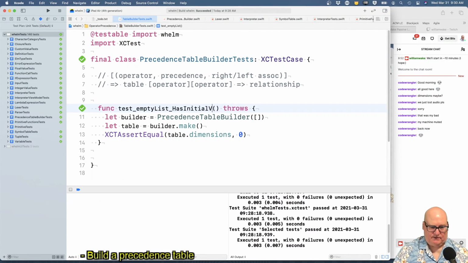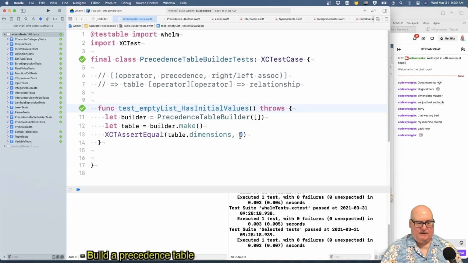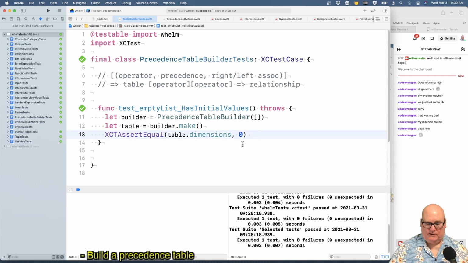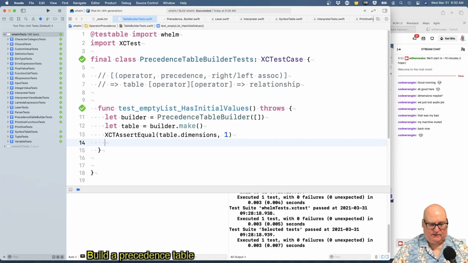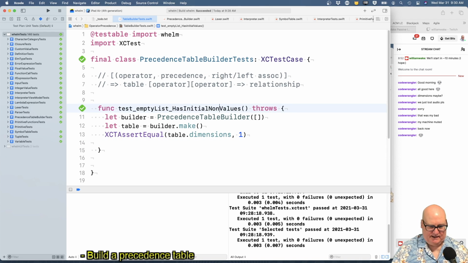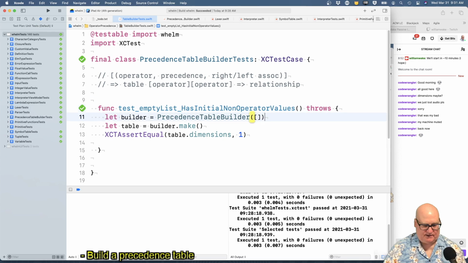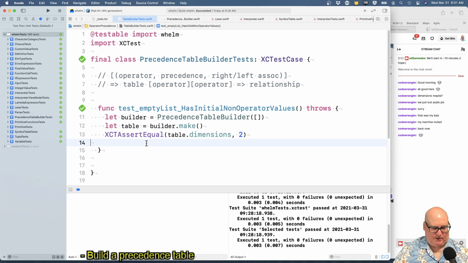Has initial values, and we're saying it should have an initial value 1 for now, and these are non-operator values. Okay, so let's take, well, I guess dimensions 2, left and right parenthesis, and we're going to assert